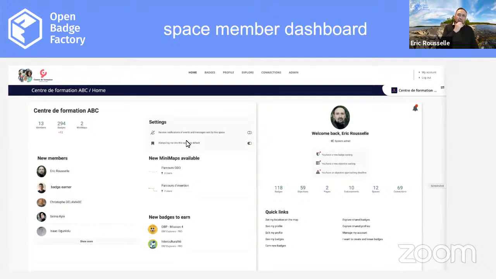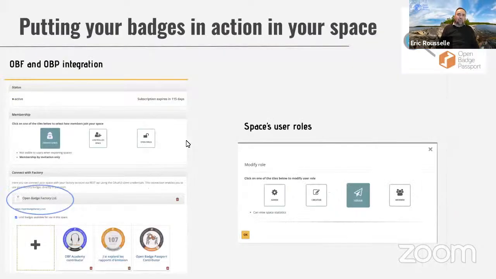First of all, you get information about your community, about your space. And this makes the interaction between users stronger, because there is no, I would say, noise around it. But still you can jump to the higher level and see all that happened in the passport. Putting badges in action,